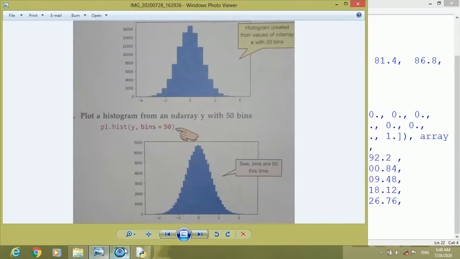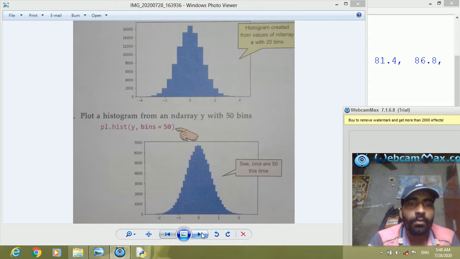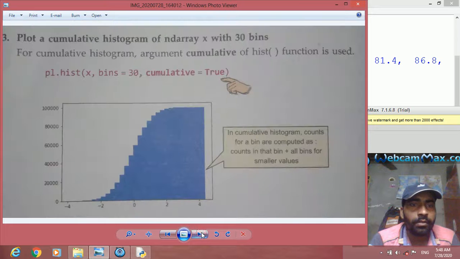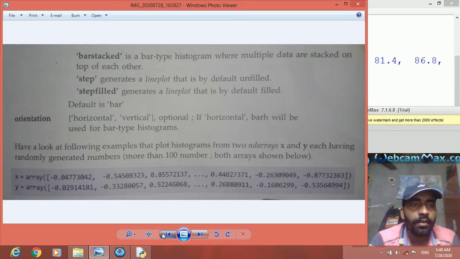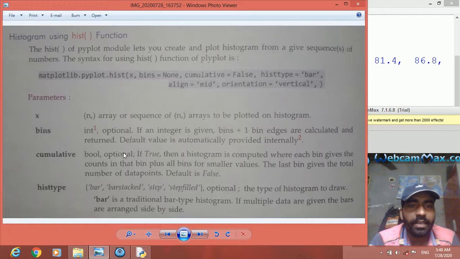Now further we have bins. Now, cumulative argument. Another argument is there, cumulative. So what is the work of the cumulative argument? As you can see here, cumulative argument is a boolean value, true or false.